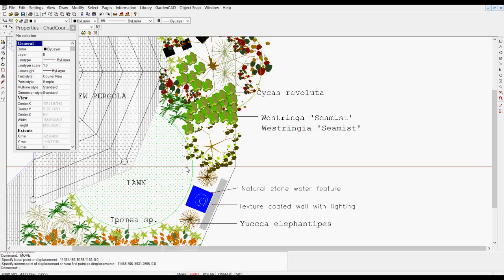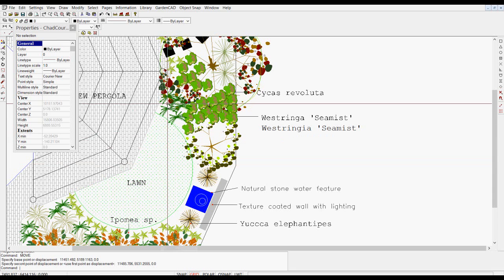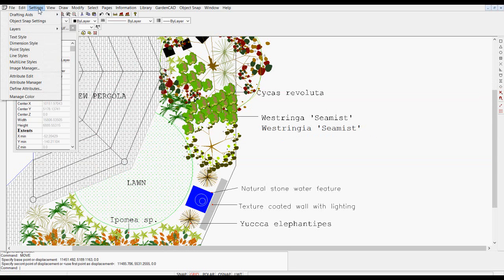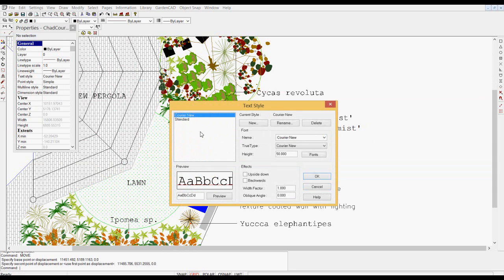Along with most landscape CAD software, GardenCAD allows you to create text styles. To see the styles currently associated with this drawing, I'd go to Settings and Text Style, and you can see in this little text style dialog box that I have two, one called Courier New and one called Standard. If you look at the standard text style, it has a name, Roman S, and a true type font Arial